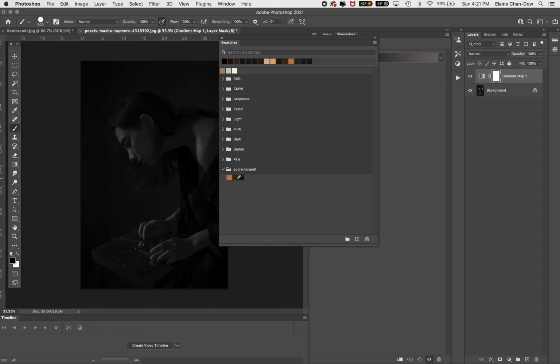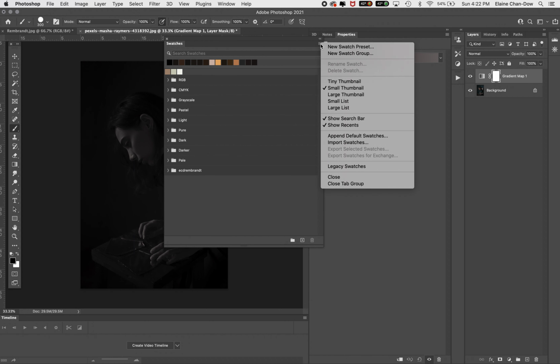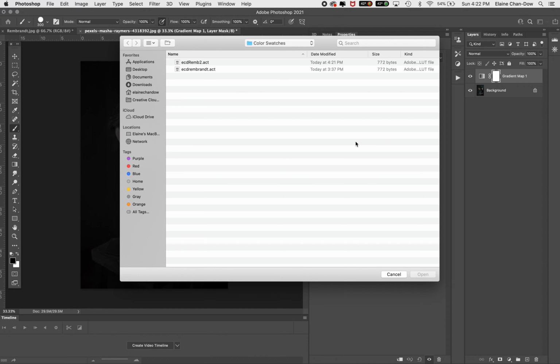Okay, so I already did this, but you guys probably don't have that there yet. So how do you import that? Click on this icon here, and I am going to import my swatch. It automatically went to my color swatches, but if it doesn't automatically go to your folder, go find the folder that you saved it in, and then select the